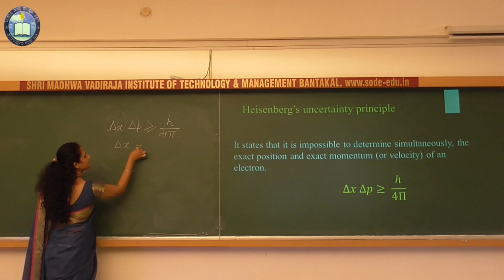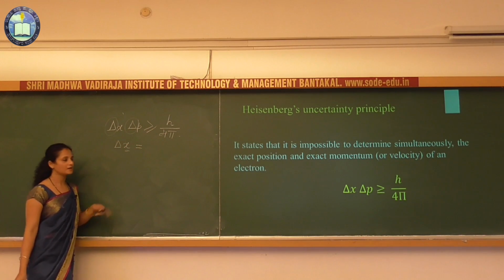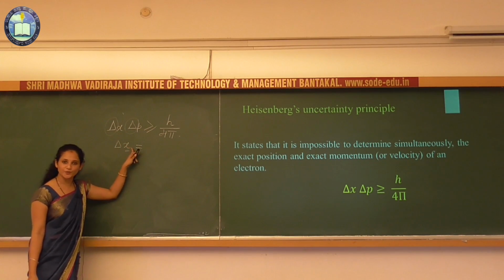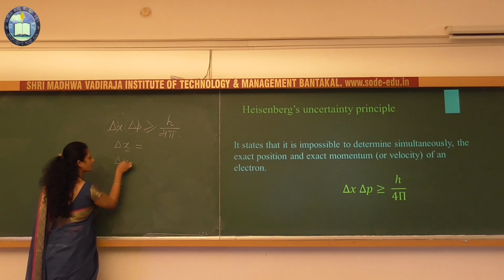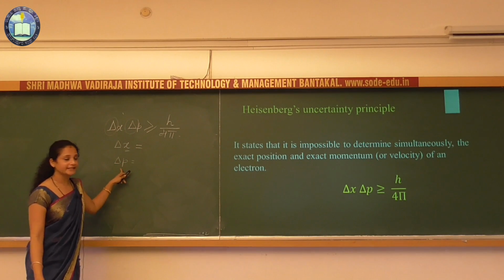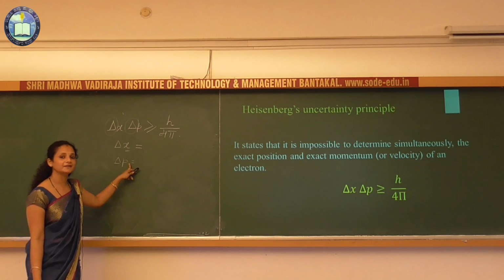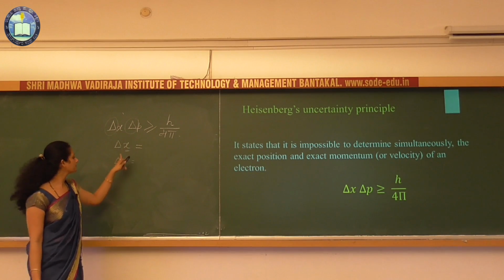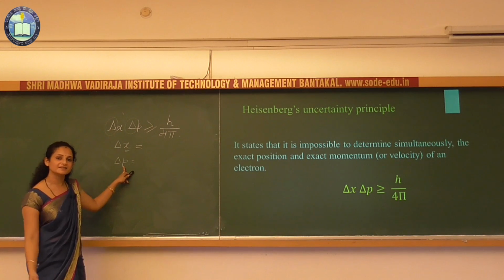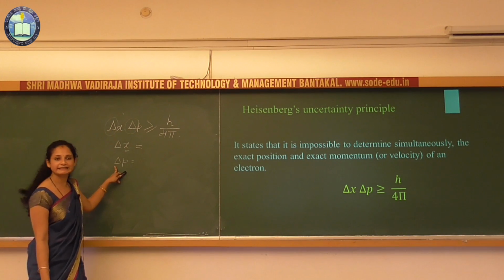Delta x means position, uncertainty related to position. Delta p, uncertainty related to momentum. X for the position of that particle, p means momentum, mass into velocity. Uncertainty